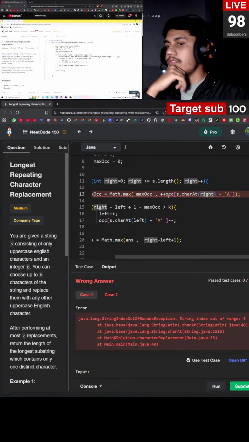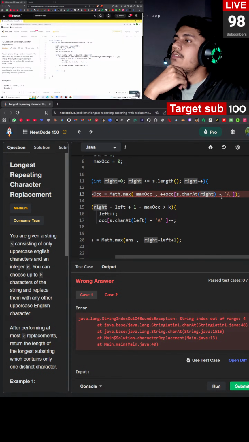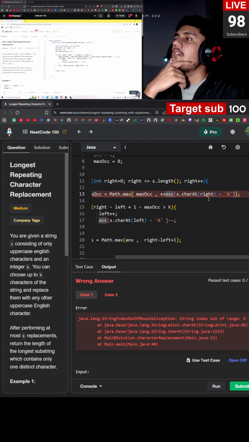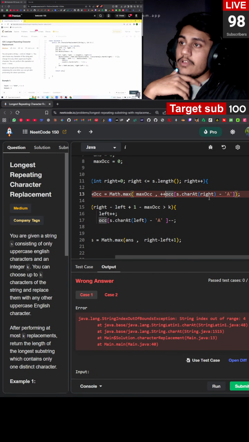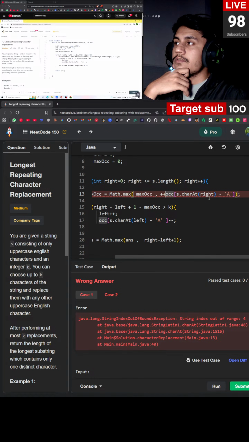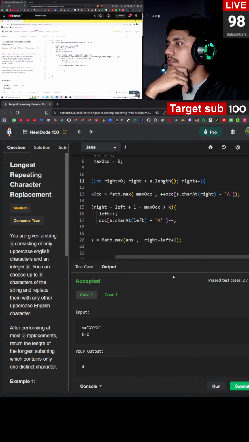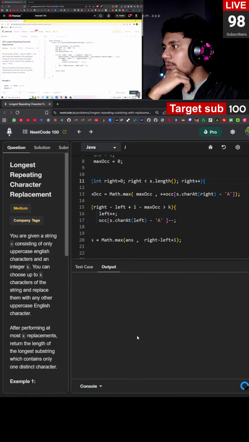मैंने किया मैक्स अकरेंस, राइट माइनस कैपिटल A। ऐसा होना नहीं चाहिए। राइट 0 से हो रहा है, 0 माइनस A, तो उसको इशू क्यों हो रहा है? ओके, पहली बात तो स्मॉलर जाना चाहिए, नहीं तो -1 होना चाहिए। ओके ऑल सेट, एक क्वेश्चन तो हो गया कंप्लीट।